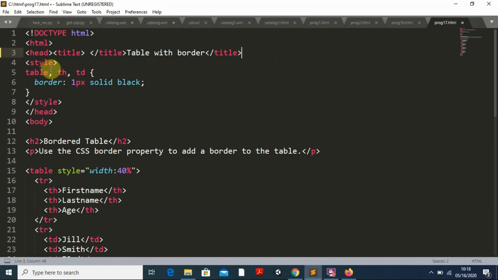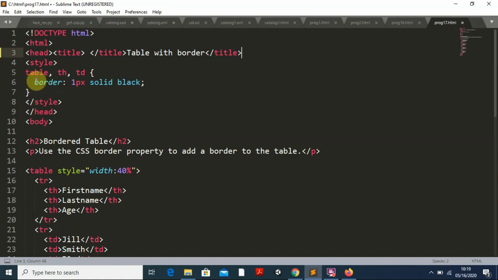In the style, what is the style I am going to define? It is applicable to this class. Wherever I will be using a table, or wherever I am using th and td, because in a table these are the three things: first the table tag, th, and td. That means for the entire table this style is applicable. What is the style I have taken? The border I have given: 1 pixel, solid, black. So I am giving 1 pixel thickness line, it is solid and the color is black. This is the thing I am putting under the style.